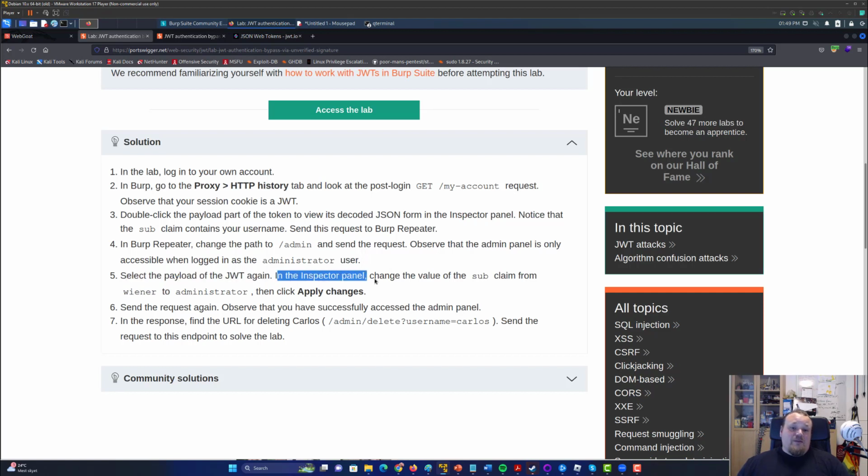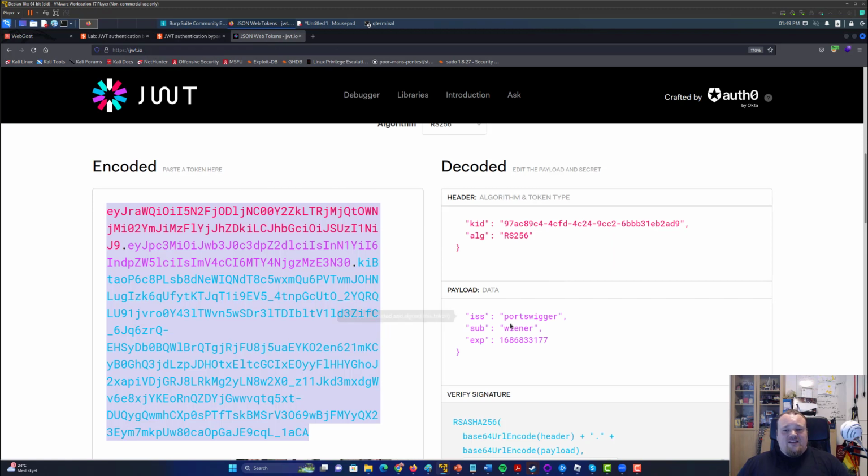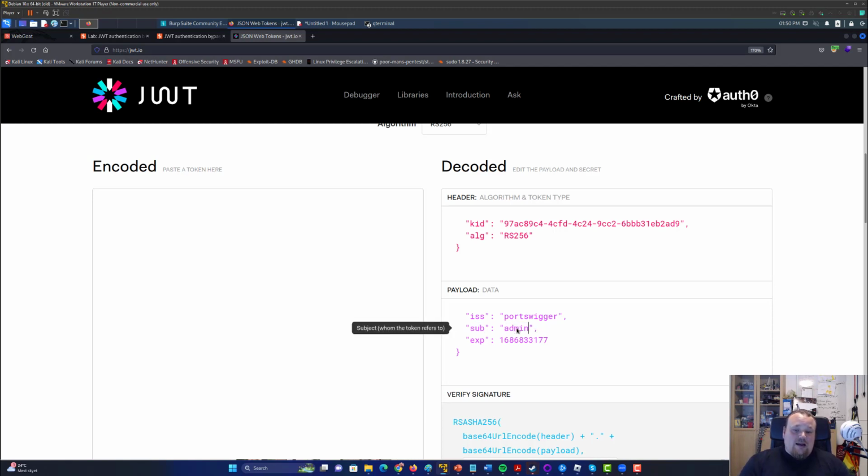In the inspector panel, change the value of the sub claim from Wiener to administrator and apply changes. So what it really says, and this is what I originally also pointed out, is that the sub is the subject, it's a user, that's short for user. Wiener. Now, then we could replace that with something like administrator, for example. And that is highly, highly bad security. Why is it not